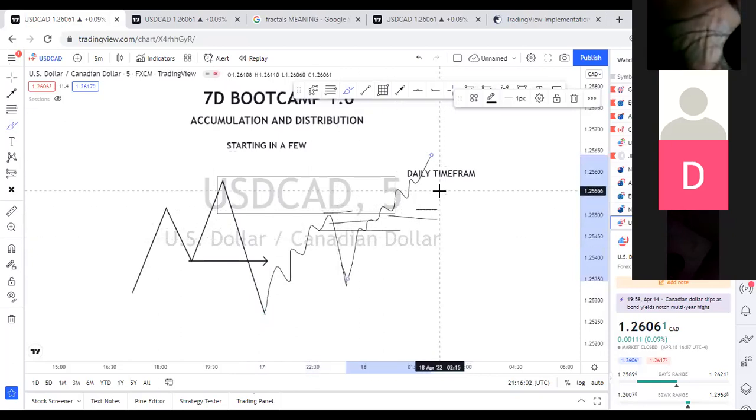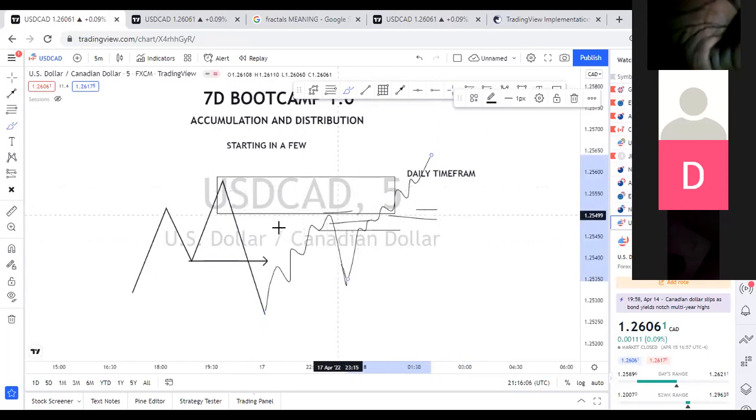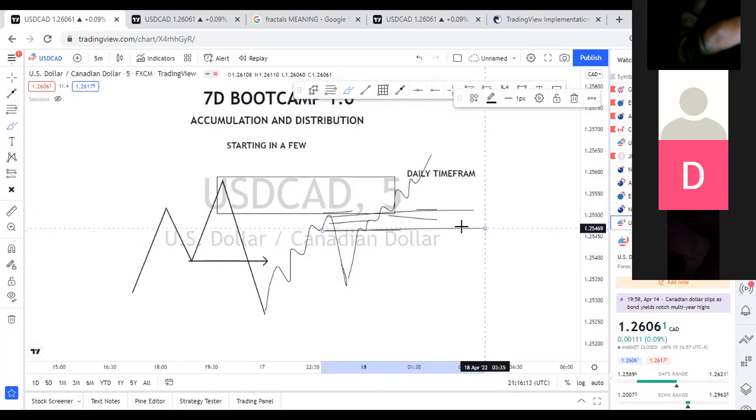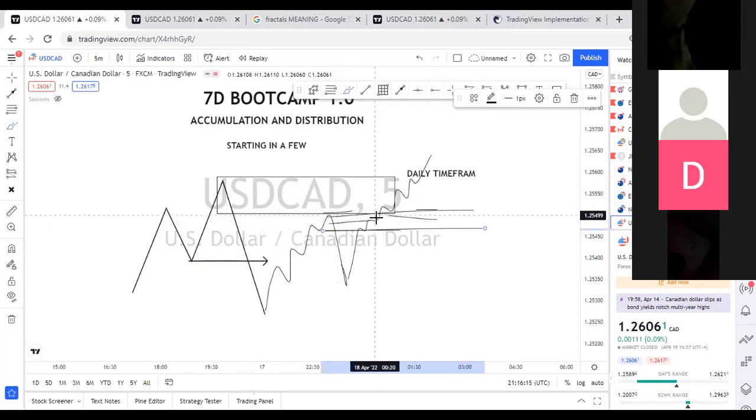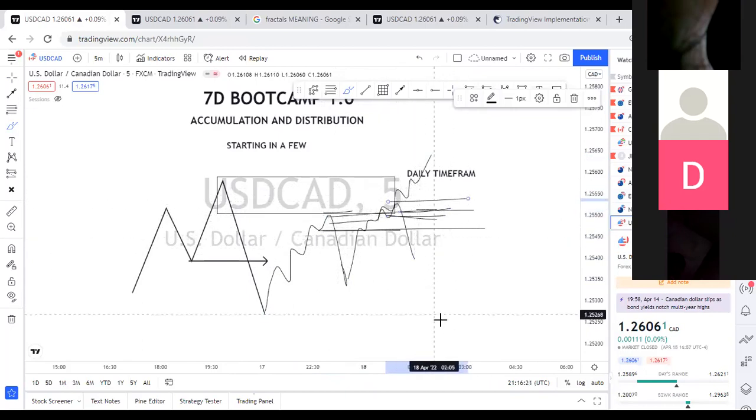Now, this is the reason why I love reaccumulation and redistribution. Once price gives me this break of structure again, I will not enter. What am I looking for? I'm looking for the same signature when price comes here again: higher high, higher low, break of structure, and then I can set my limit, stop loss, and I'm looking to take the trade.